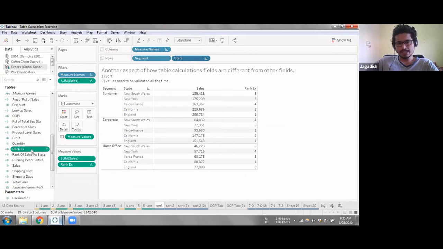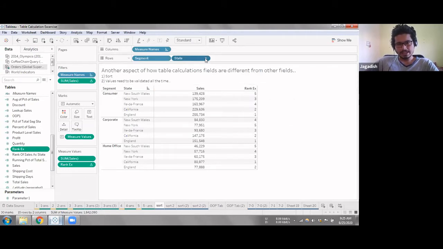So table calculations are never involved in the creation of a view. But when you try to sort using this table calculation, this rank, you are trying to use a table calculation in the creation of a view, which is not possible.